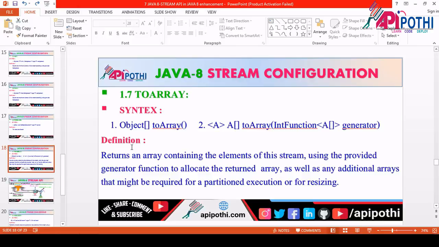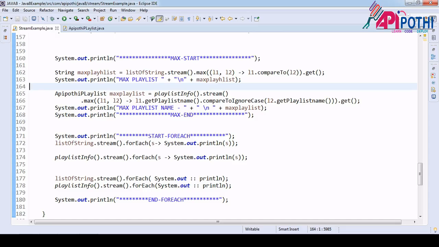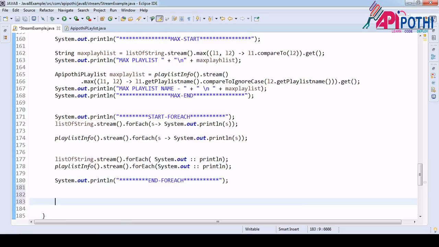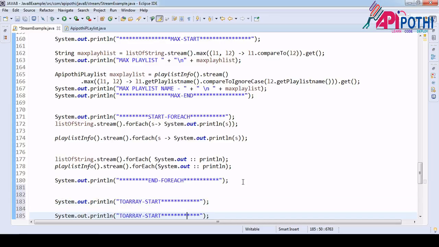Now which one is the next? toArray. As we have toArray in Java for lists, the same you will have in the stream also. So what you can do is System.out, toArray start. Here you put end.